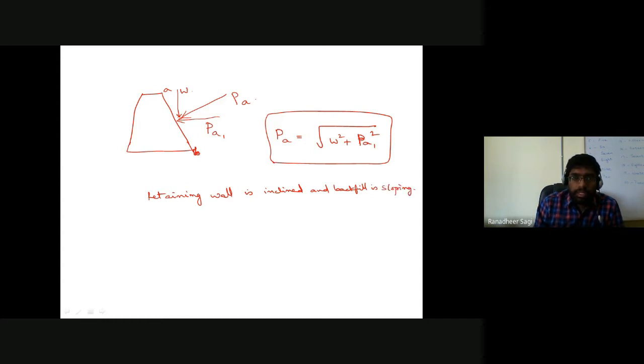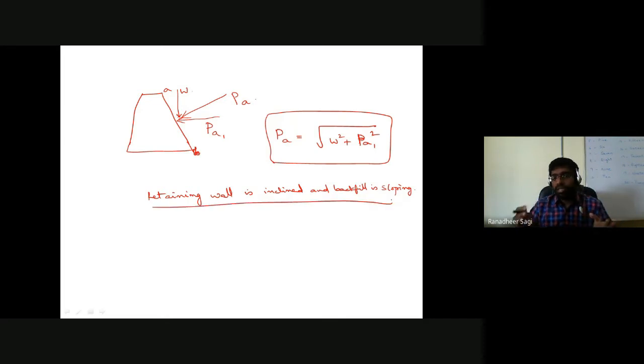Sorry, earlier I said horizontal, I think. Now here the retaining wall surface is inclined and the backfill is also inclined. In such a case, I can still go on. The earlier case was where the backfill was horizontal, but now in this particular case, what I am referring to is